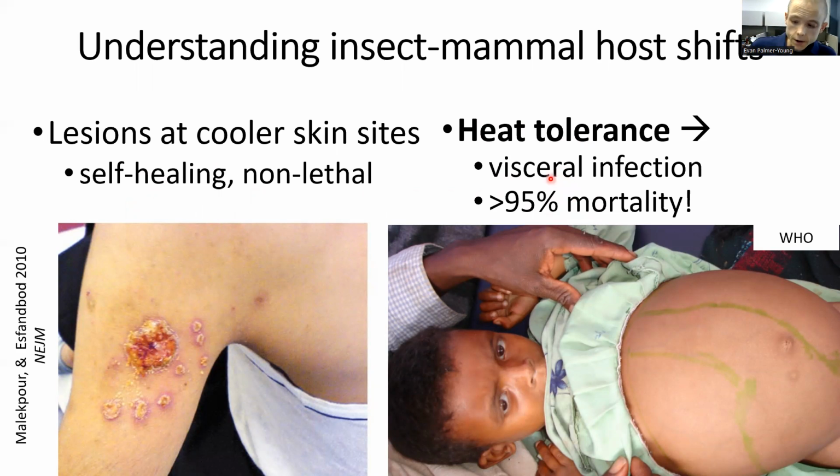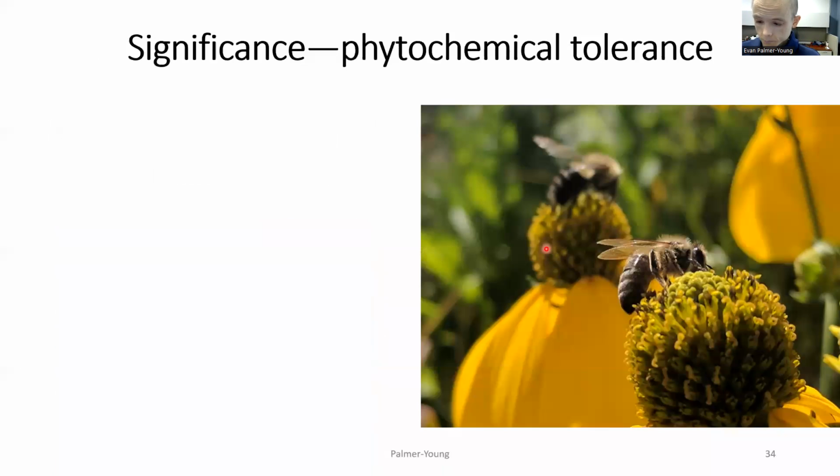The 4-degree difference in temperature between skin and visceral lesions is very close to the difference in heat tolerance between the mosquito parasites and Crithidia mellificae from honeybees. So, bee parasites could serve as models for development of heat tolerance in insect parasites that enables their survival in warm-blooded hosts. The results with phytochemicals also have implications for pollinator health, parasite ecology, perhaps even human health, most immediately